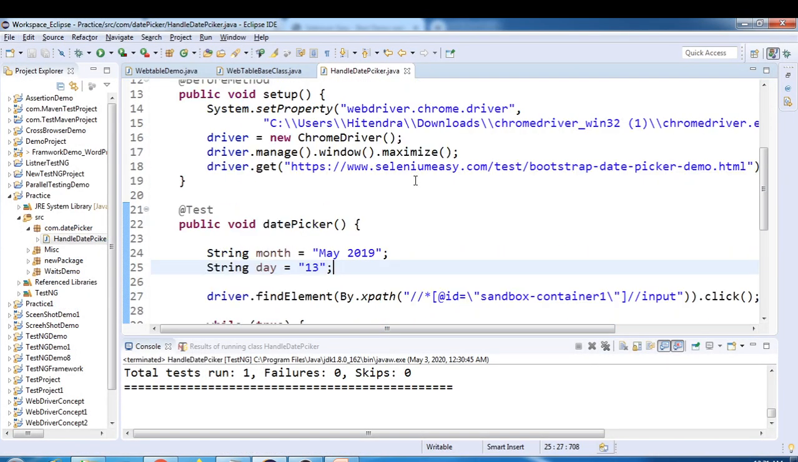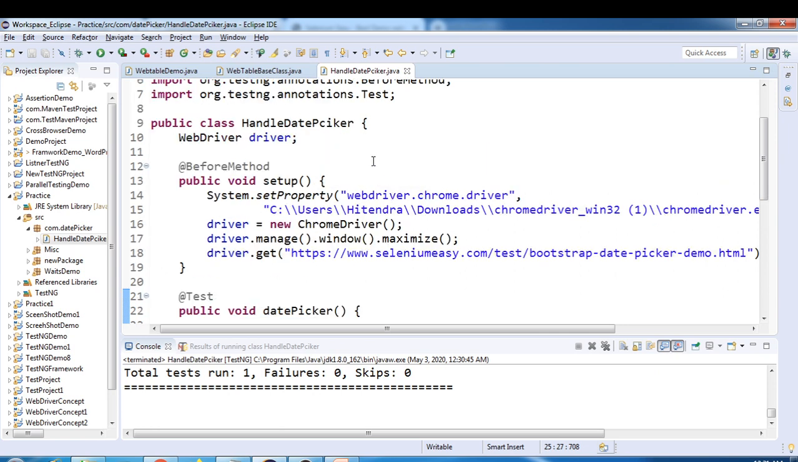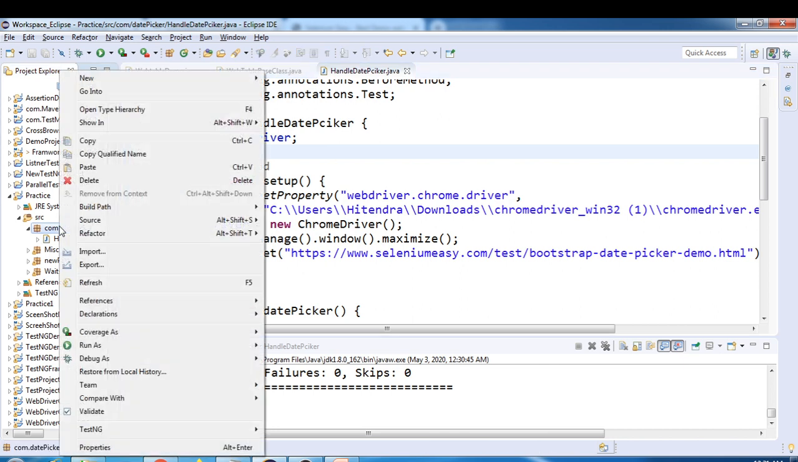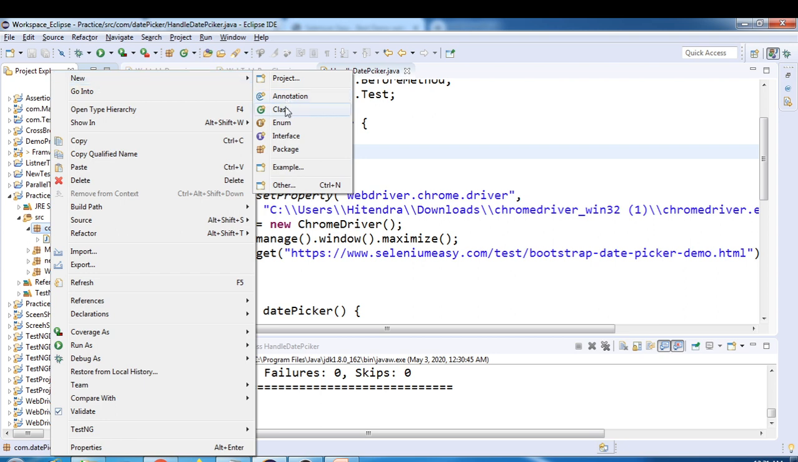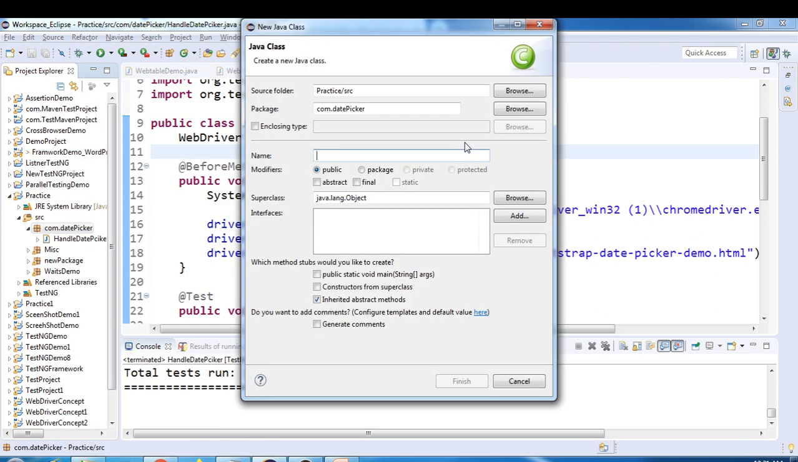And now let's do one thing. We'll automate this using another method using JavaScript. So JavaScript would be very easy to handle date picker. So how to do that? Okay, so let's automate that one as well. So simply we'll create a new class, date picker by JS. Click on finish,